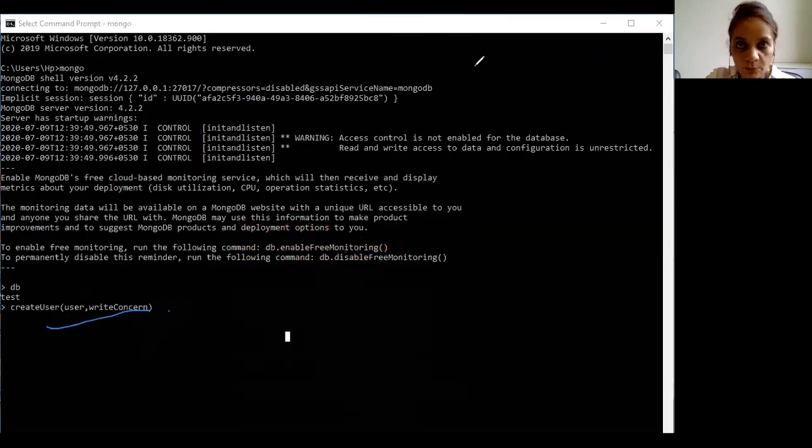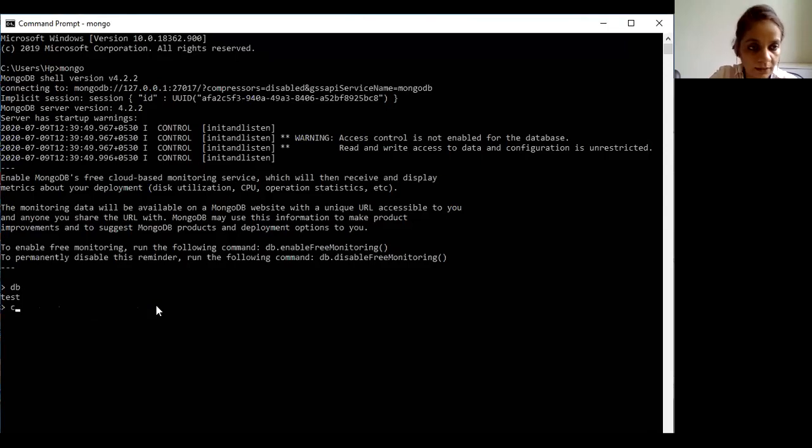So let us do a full-fledged practical example for this. I'm clearing the screen so that I can write the full commands. I will be writing db.createUser. Then here we will be defining the name for the user.